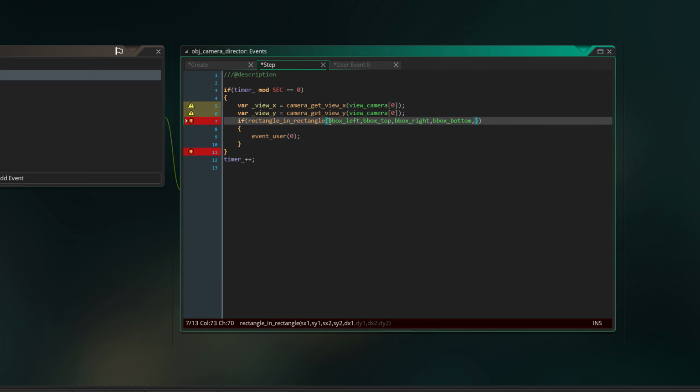So we want to know if this object is inside of the view. And actually, this function is probably completely the wrong one to be using here. I could probably just use point in collision. So, anyways, we do underscore view underscore x, underscore view underscore y, underscore view underscore x plus,